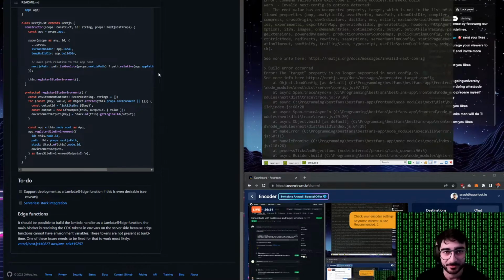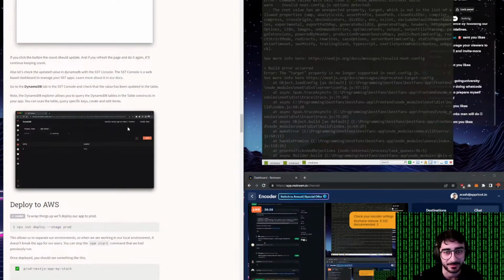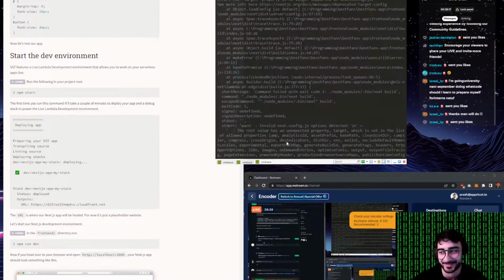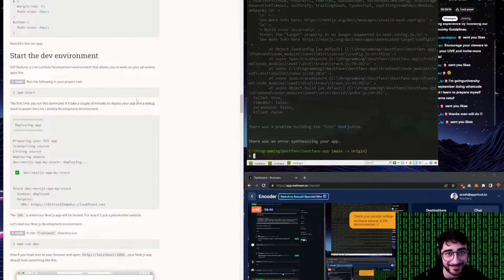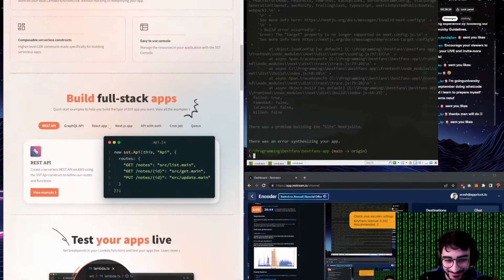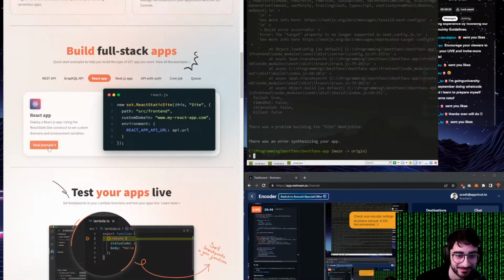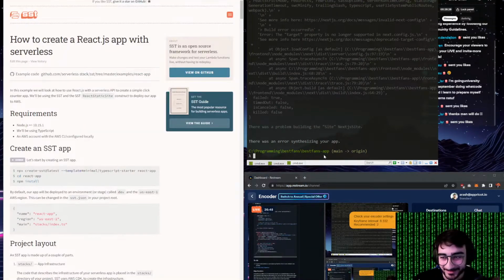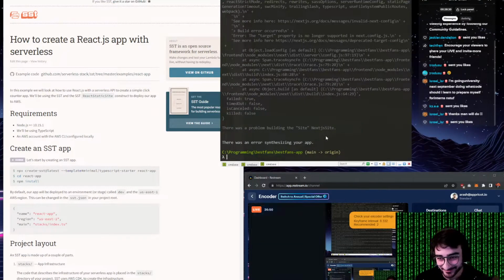You know what I'm gonna do? I'm gonna not use Next.js because I give up. I'm gonna use just React.js. Yeah, just for the sake of progress. I mean, it would have been nice to use Next, but it seems like it's kind of broken. So